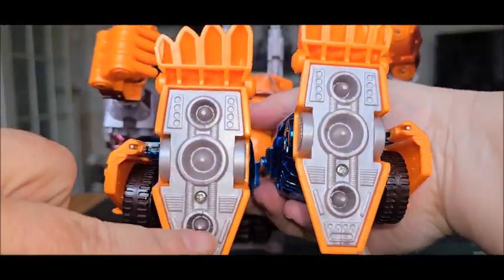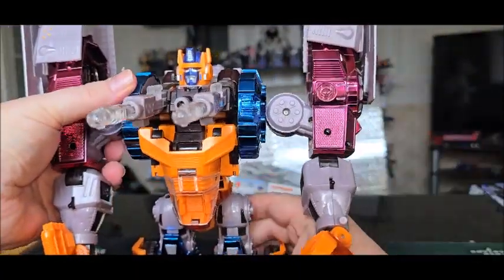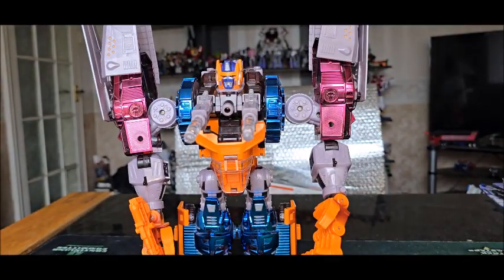He's got these huge rocket boosters on his feet, which is pretty cool. So he can fly, you see? He can fly, because who doesn't want to fly? You know? And there he is. Yeah, a lot of work for a not...